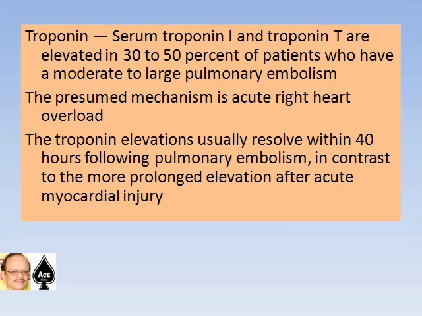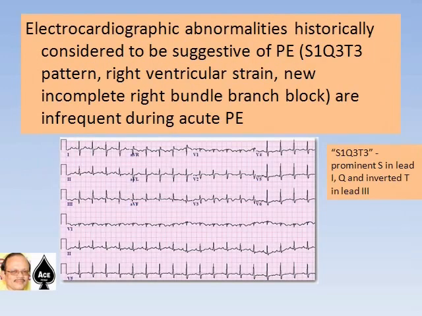Troponin. Troponin I and T are elevated in 30 to 50% of the patients who have a moderate to large pulmonary embolism. The presumed mechanism is acute right heart overload. Troponin elevations usually resolve within 40 hours following pulmonary embolism, in contrast to the more prolonged elevation after acute myocardial